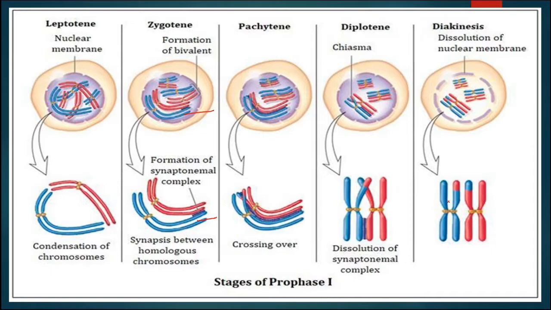So terminalization is the identifying feature of this stage, and now finally the nuclear membrane and nucleolus will disappear, and the chromosomes will lie directly inside the cytoplasm, and then prophase 1 is completed. Now the spindle fibers will form like in mitosis,